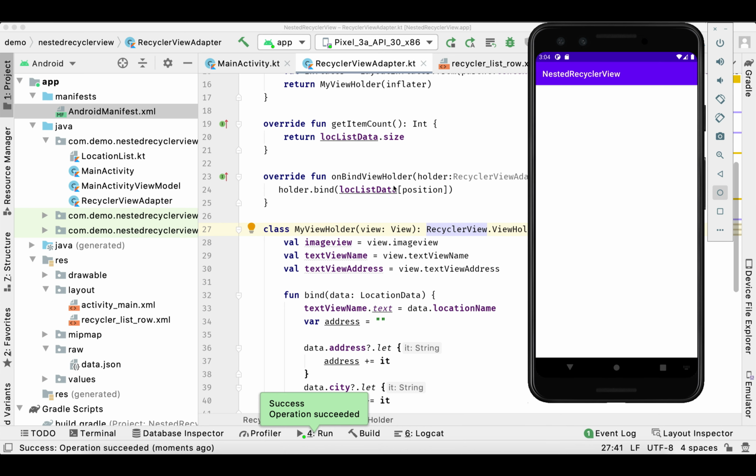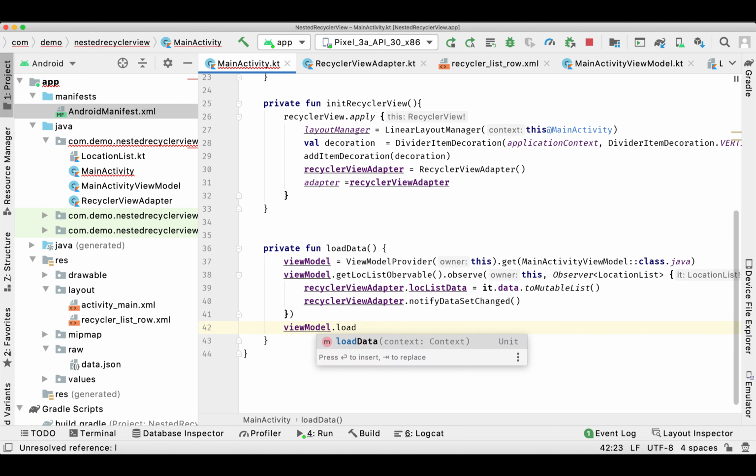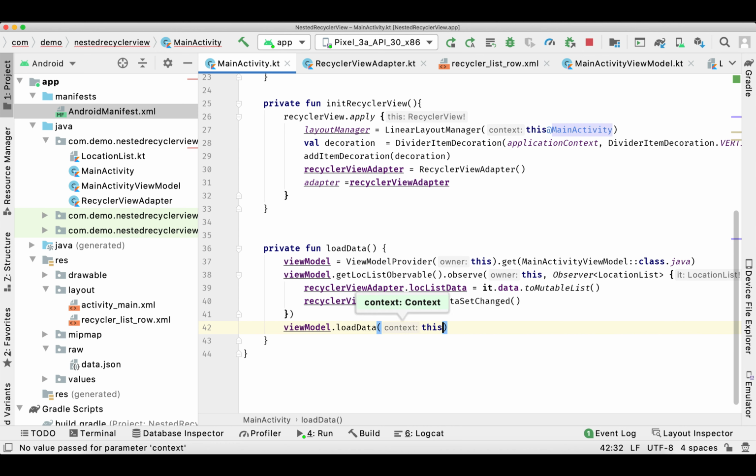So it's empty. I think we forgot to call the load function of our view model. So let's call load data and pass the context. Now we'll rerun and see.